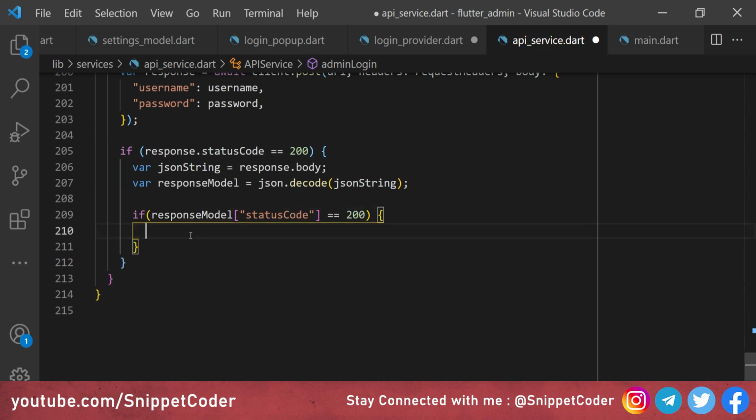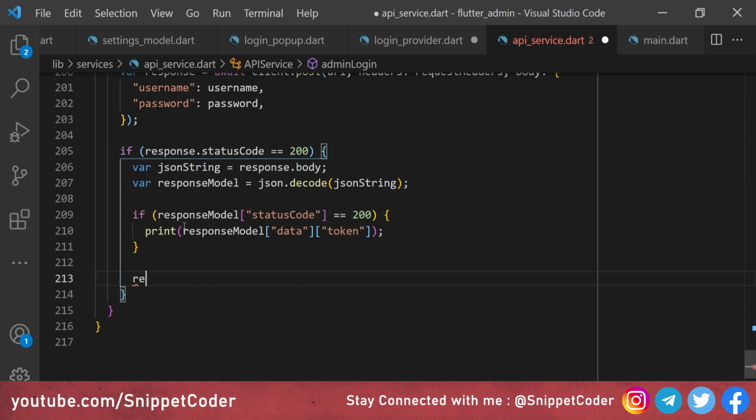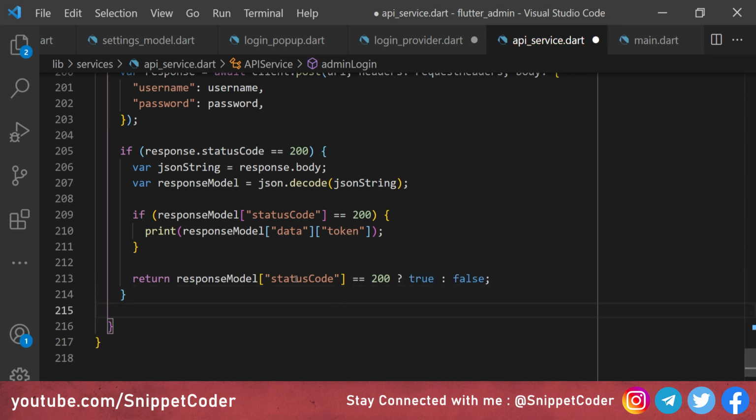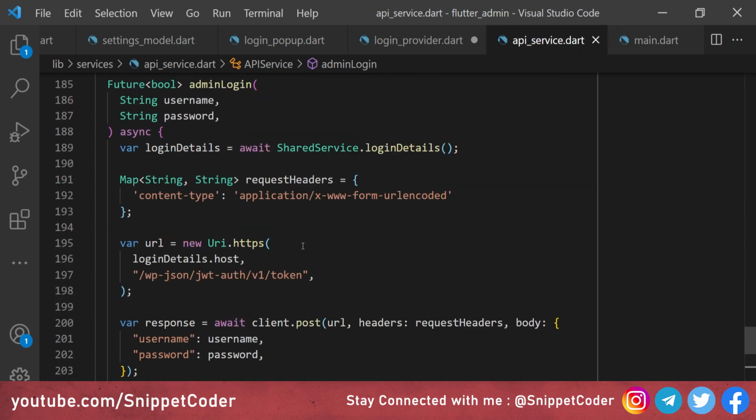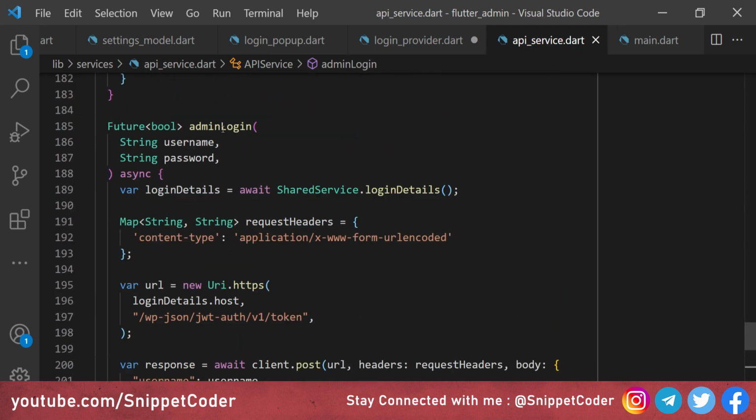Then we will print the token here, and we will print here token response model data. Then we will have token here, and here we will return if response model dot status code is equal to 200. Then we will pass here true, else we will pass here false, and the else condition we will pass here return null.